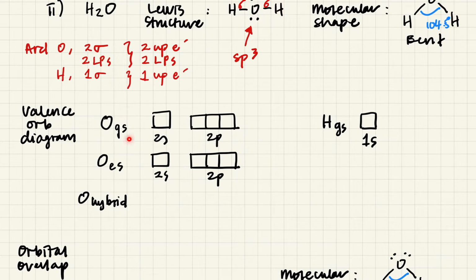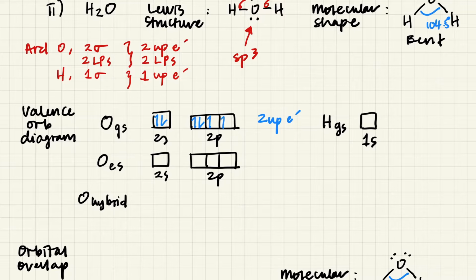So we're going to start with oxygen ground state. So oxygen is in group 16. So you have 6 valence electrons at ground state. So fill in 2s2 and 2p. 1, 2, 3, 4, 5, 6. 6 electrons. So your oxygen ground state already has 2 unpaired electrons. So 2 unpaired electrons, and